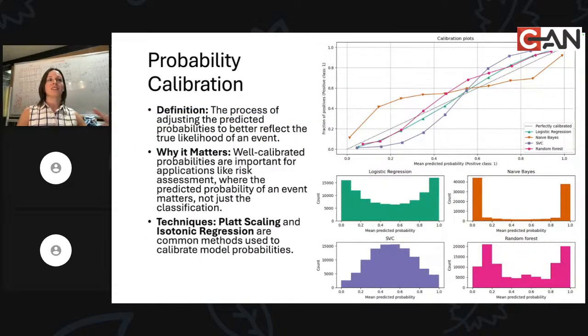This is perhaps an advanced concept, so I'm going to make you aware of it, but I won't ask you any questions in an exam or anything like that over probability calculation. I just want you guys to be aware. I think I wouldn't do you justice if I didn't make you aware of the distribution of probabilities that come out of your model. So sometimes when you train a model,